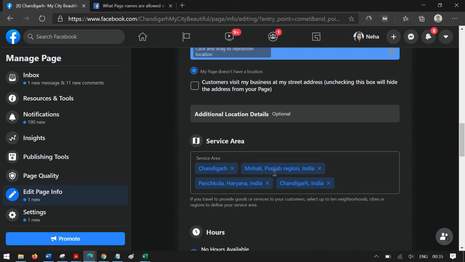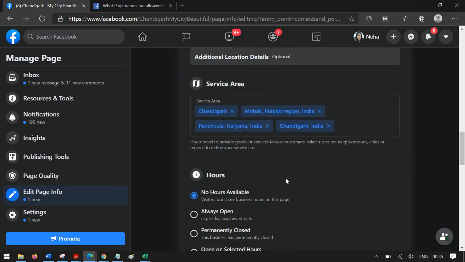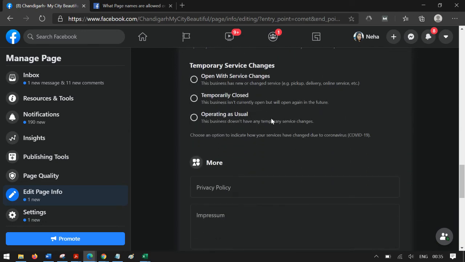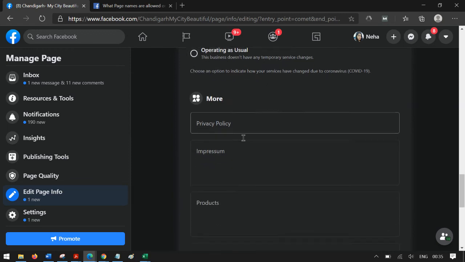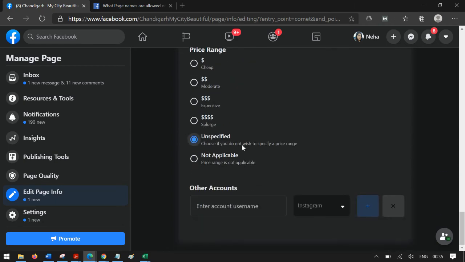I've added a couple of regions that are nearby to Chandigarh. And it helps Facebook to suggest your pages according to those service regions only. If you have any working hours, if you are temporarily closed, or you are operating as usual, you can define that. You can also define the privacy policy, your price range, and so on.